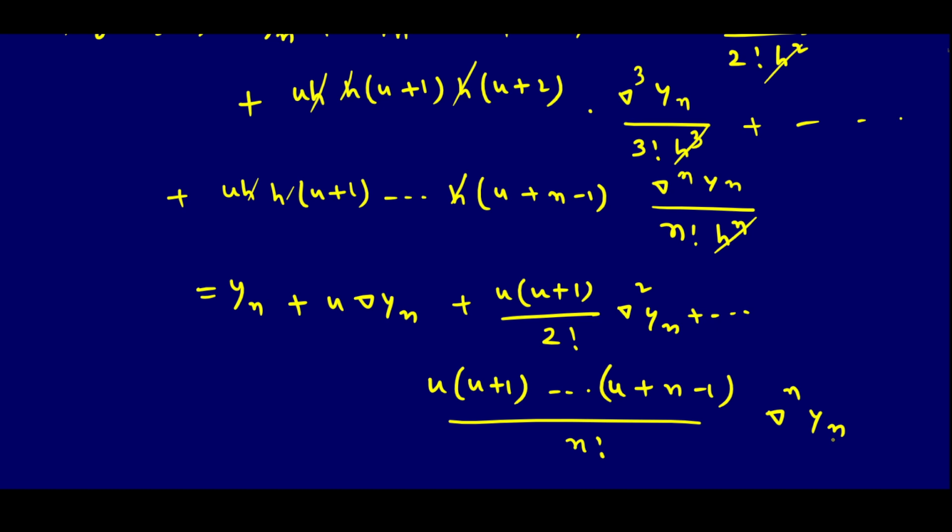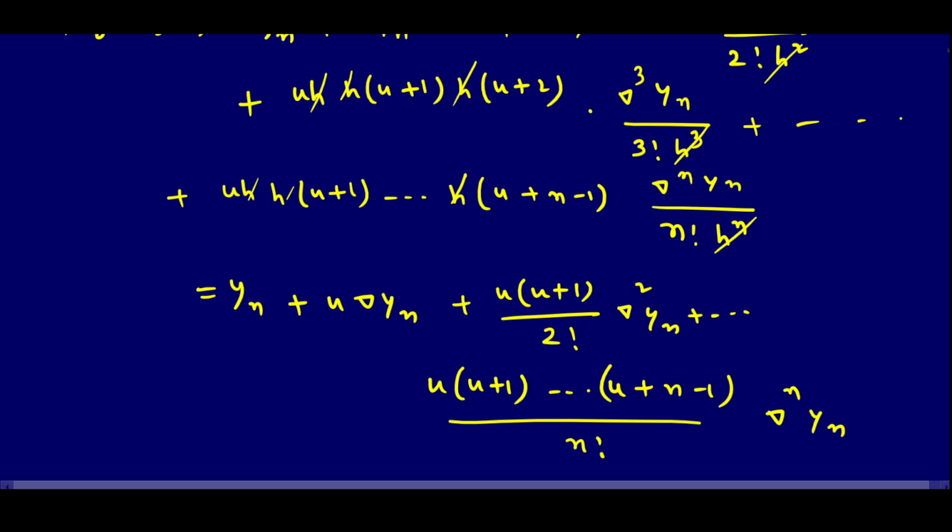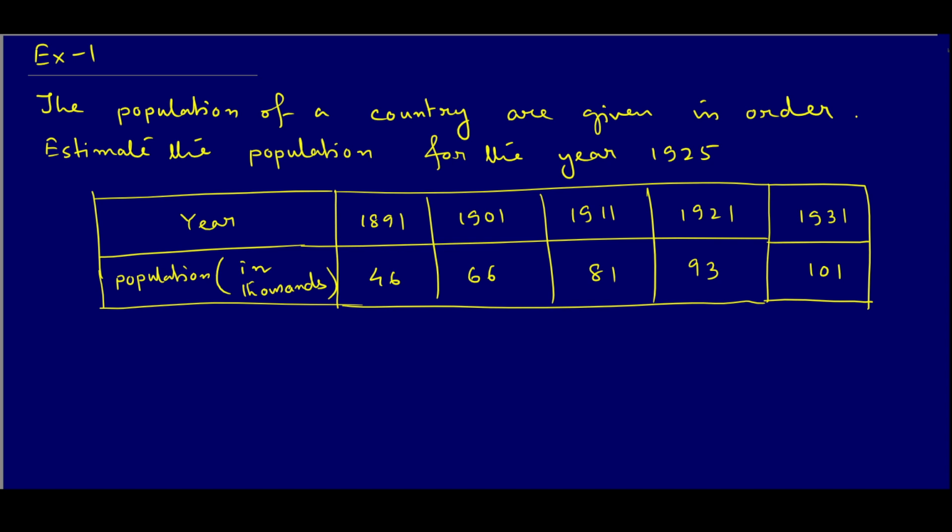So this formula you can also say is Newton's Gregory backward interpolation formula. Okay, backward interpolation formula. And since we are writing yn, not y0, that's why it is called backward. And when can we use Newton's forward interpolation formula? We say that if the value of x at which we want to find the value of y is near the beginning argument, then we have to use forward. Otherwise, if it is at the end, then we will use backward interpolation formula. So let us take one example, then it will be very much clear.